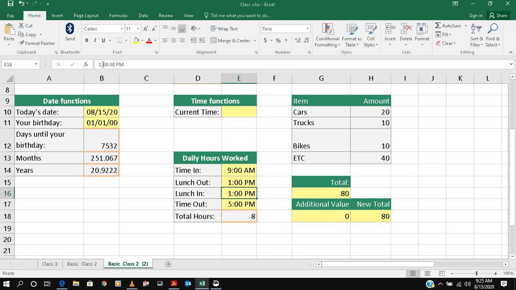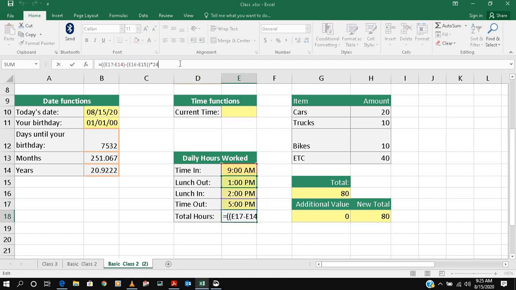And lunch will be till 2 p.m. Okay, and your out time, the office end time, will be 5 p.m. So total will be how much hour? Generally it's 8 hours, and if it's 9 to 5 that will be 8, and 1 hour will be lunch, so total will be 7. So this is giving our calculation.